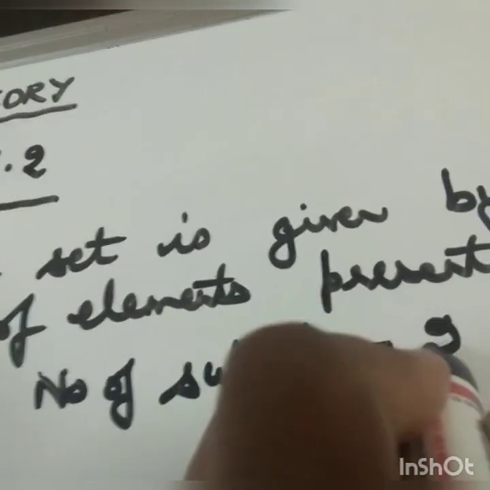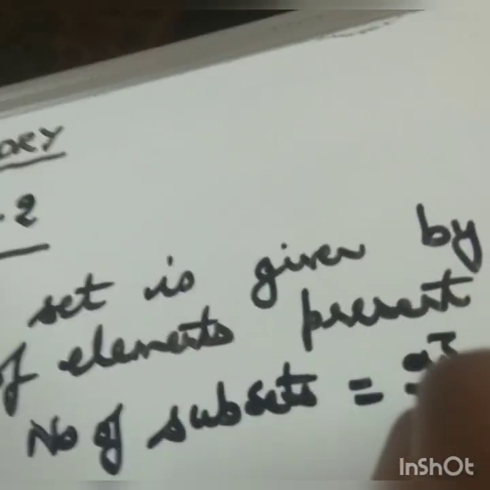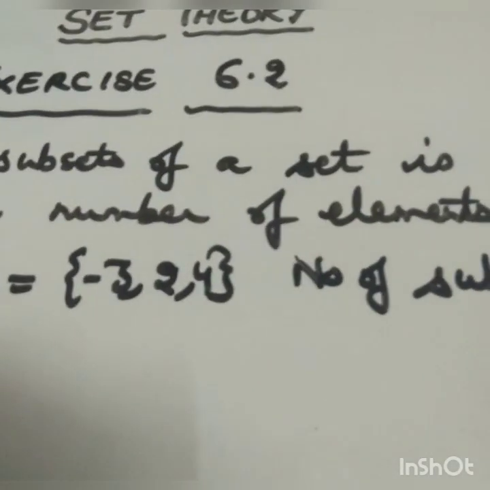2 to the power 3 equals 8. So 8 subsets we will get. Now let us see how we get them. Subsets are,